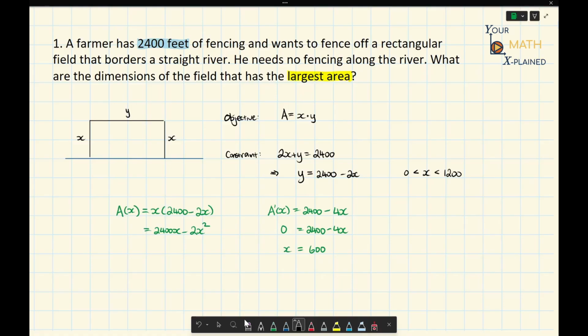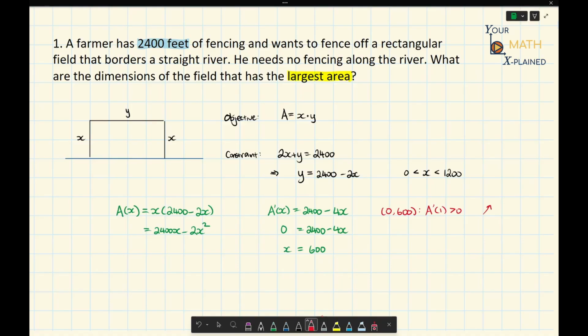So now that we found our critical point, make sure you double check that it is in fact a maximum. And we can check that by doing our interval test. So from 0 to 600, we can check a test point. So let's say A prime of 1. That is going to be 2,400 minus 4, so that is greater than 0, which means our function was increasing